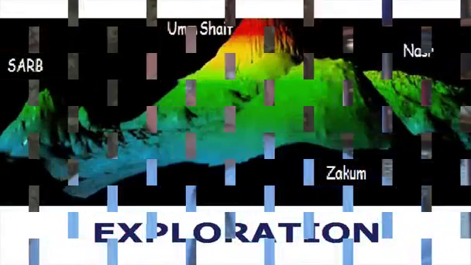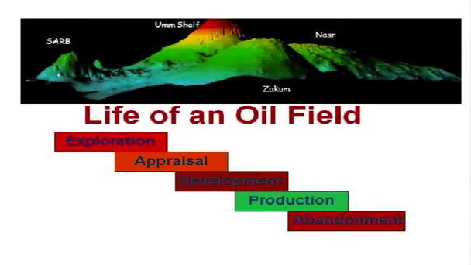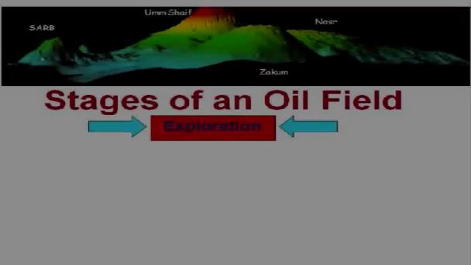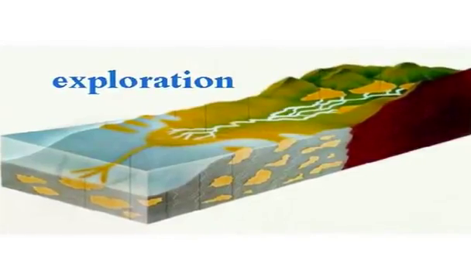But how do we pinpoint the exact location that will maximize our chances of finding producible oil? Before we answer that question, let's examine what is called the life cycle of a well. The first stage in getting oil and gas to market is called exploration. This is where the geoscientists and the petroleum engineers work together to locate and drill into a location that they